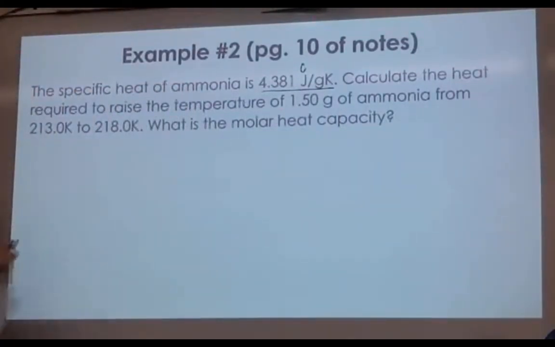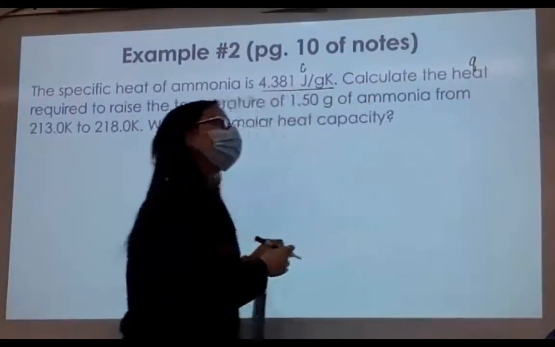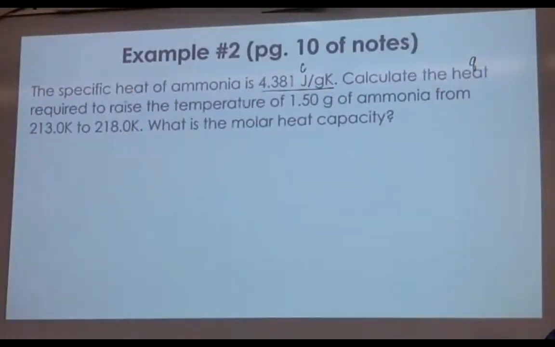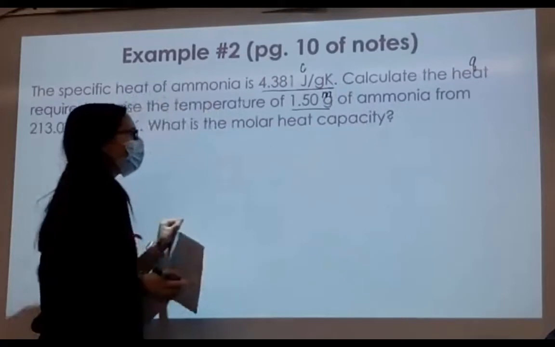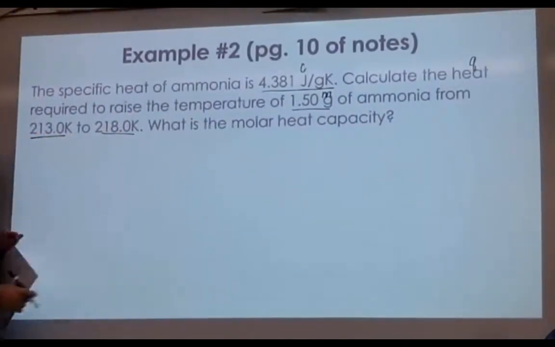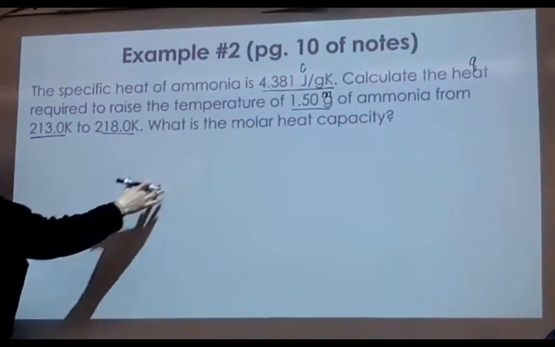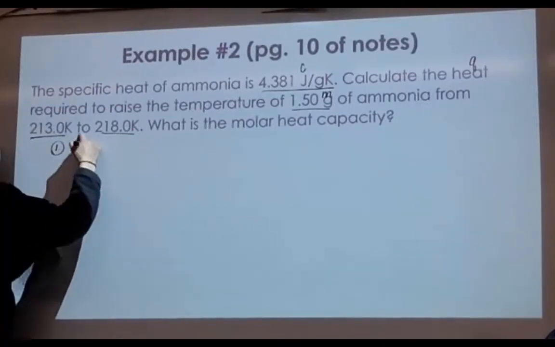Calculate the heat required. Right, so heat is Q. I just go through and label everything. So required to raise the temperature of 1.5 grams of ammonia from 213 Kelvin to 218 Kelvin. And then the second part of the question is looking at molar heat capacity. So we'll look at that second. So the first part of this problem